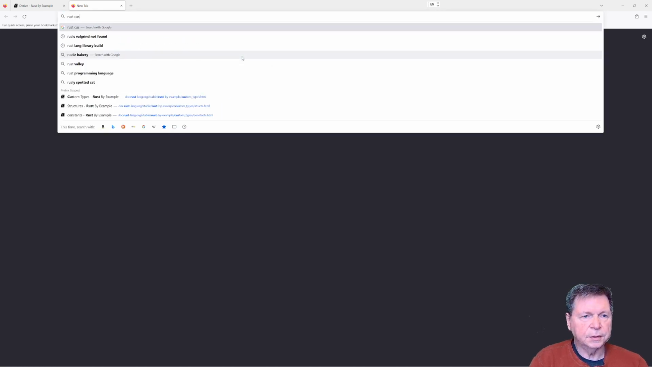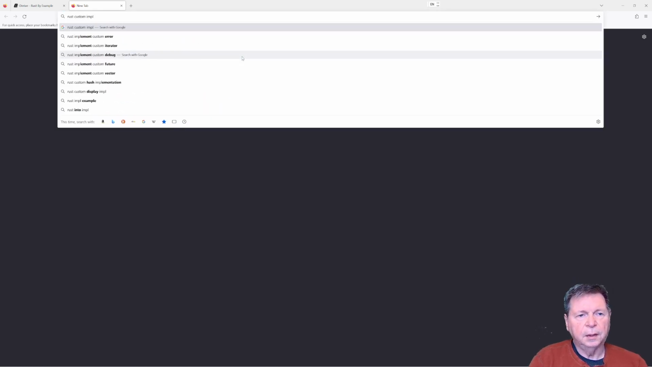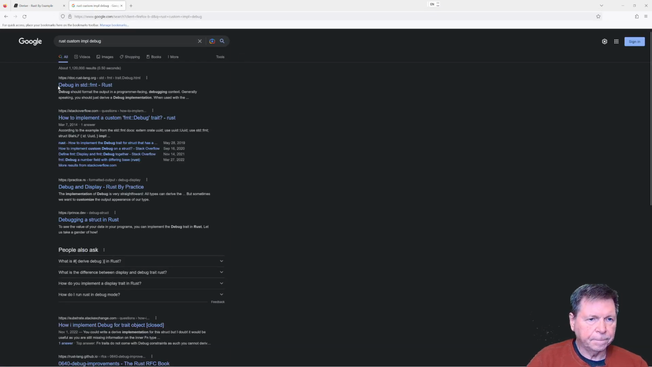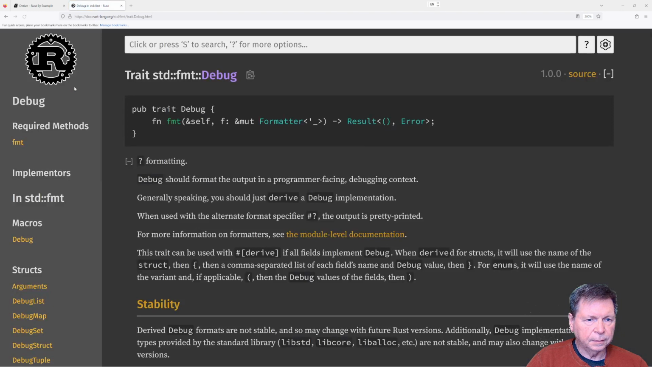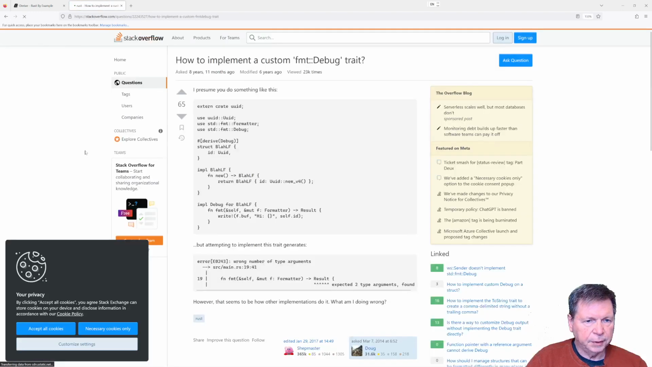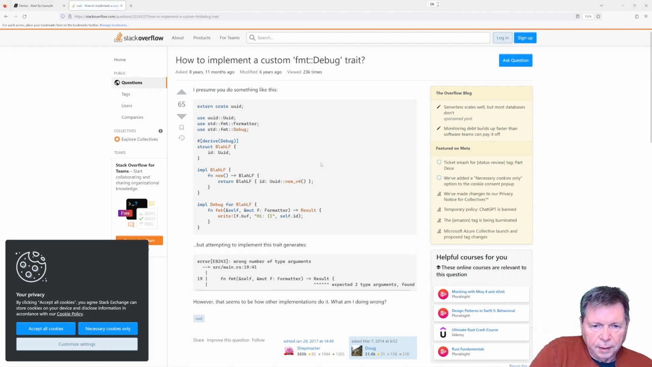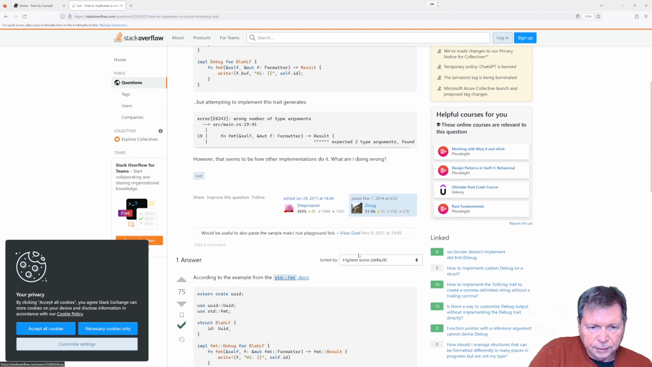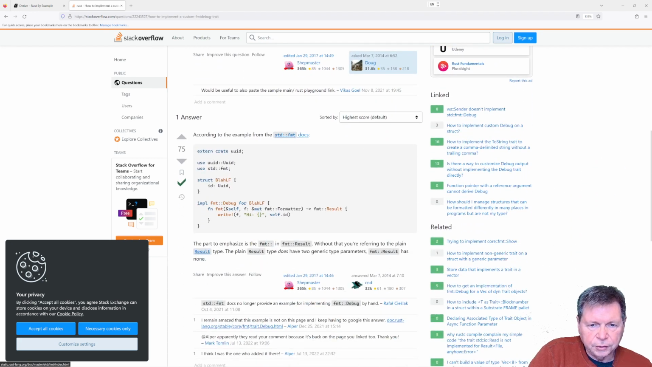Rust custom impl debug. Actually, the second one. How to implement a custom... Okay, here we go. Yeah, it says there. Oh, yeah, getting the two things wrong. So according to then,